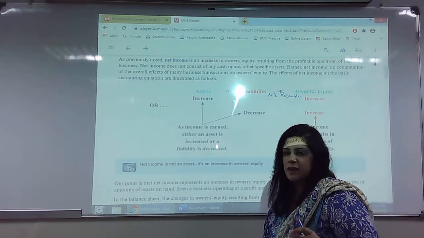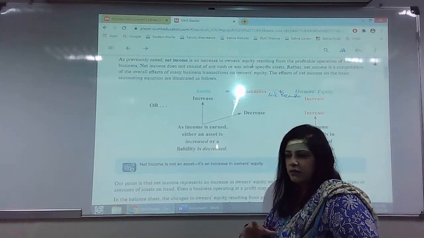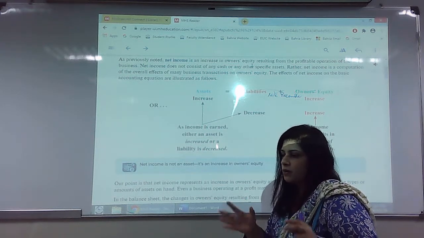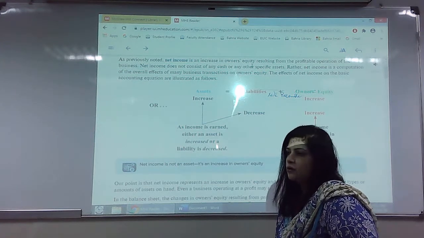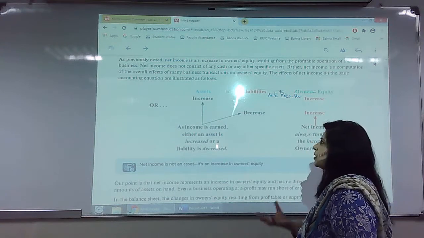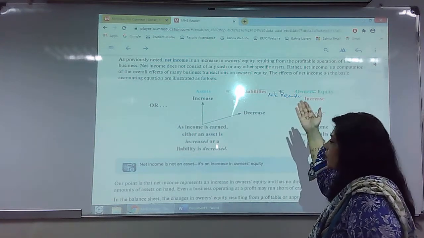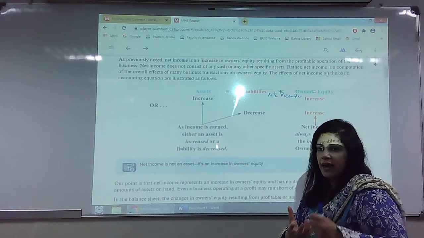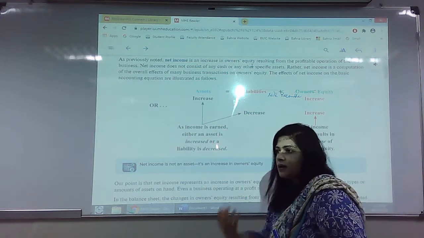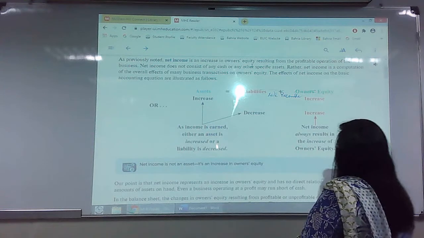So this is basically owner's equity, because now they have earned something from the business. They have not acquired it from some bank, they have not acquired it from the public, but they have generated it from what they were selling, and this is known as the increase in owner's equity, and this is also known as retained earning, because they retained it and they reinvested it into the business. Okay, the word is retained earning.